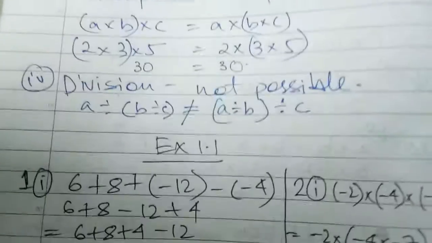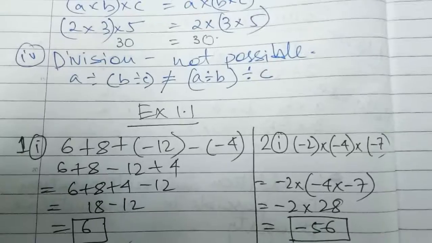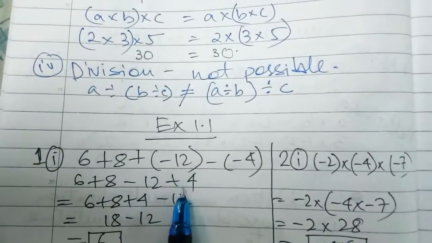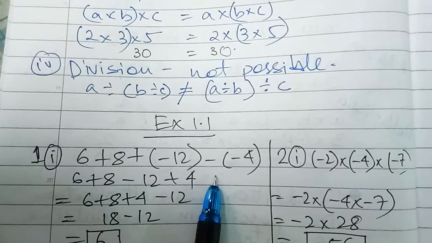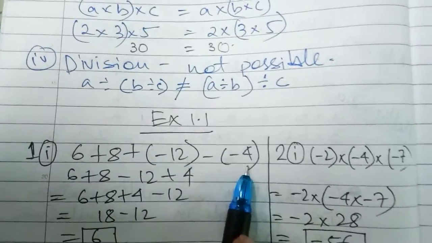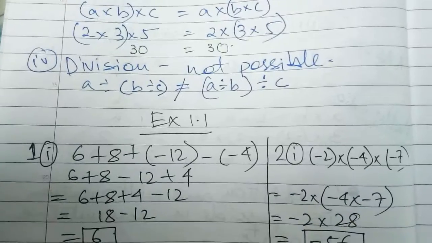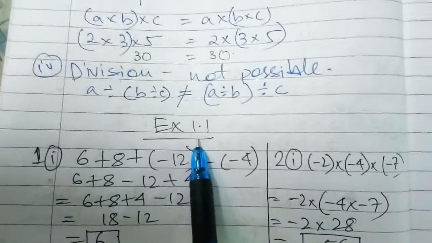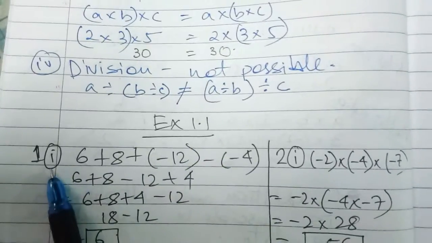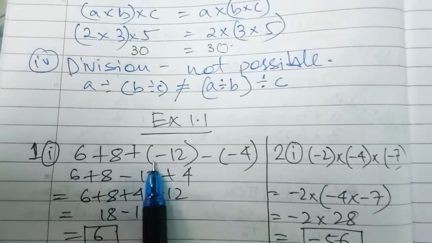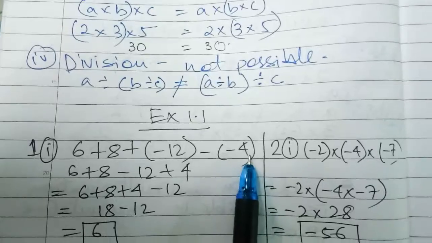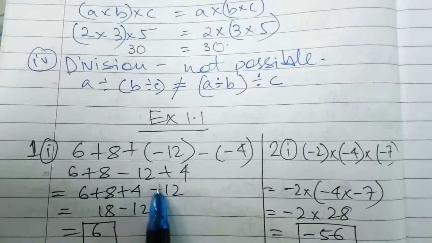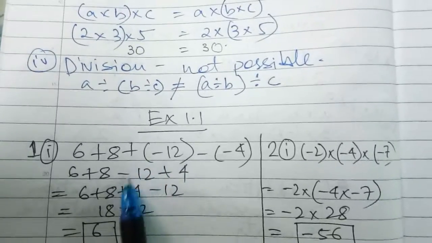So I have done one or two questions from the exercises. Just see what I have done. They are not following the bracket. In the multiplication of integers, you know, minus into minus is plus, and plus into minus is minus. You have to keep these things in mind. In Exercise 1.1, question 1, part 1 is given: 6 plus 8 plus in bracket minus 12 minus in bracket minus 4. Then minus is plus 2 minus plus 4. Then from here minus into plus is minus.